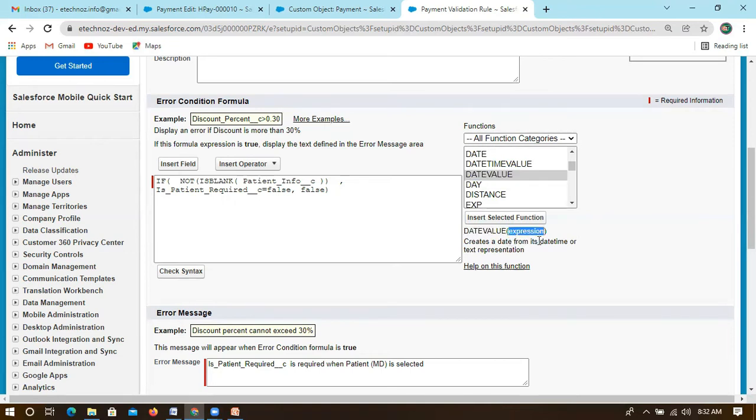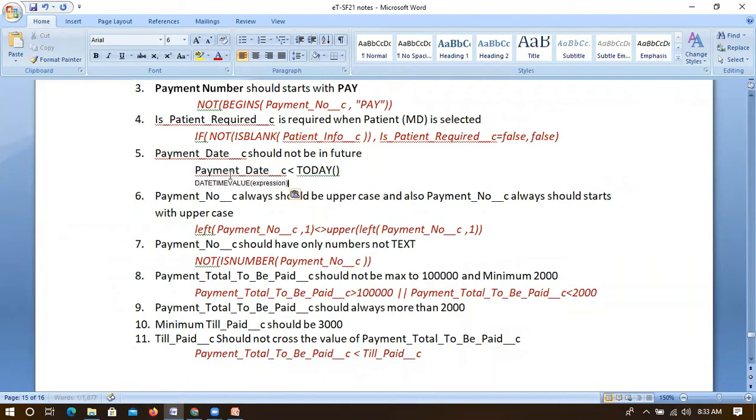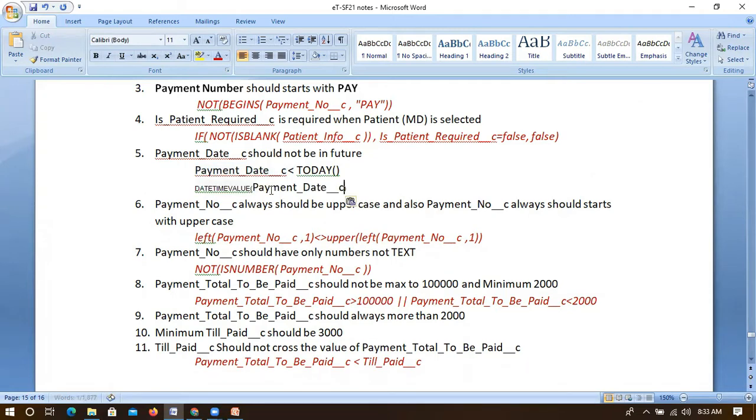Date value converts from date time to date. Yes, this one only we can use. This is the expression, date time value. So if I want to use it in a different way, here anyway it is a date format. I'm converting this date to date time format, and there I'm checking the same.